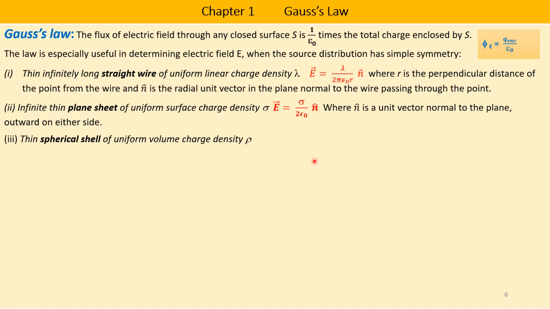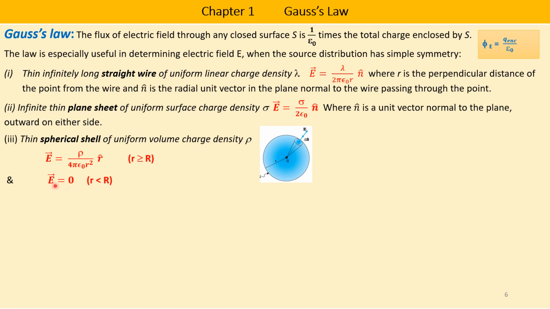In the case of a spherical shell with a uniform charge density, where Q is enclosed, and if you want to find the charge density, this is a shell. It is given by E is equal to Q divided by 4 pi epsilon naught r square into r hat, where capital R is the radius. Here it is shown as small r, but capital R is the radius of the sphere, and r is the distance of the point of interest from the center.